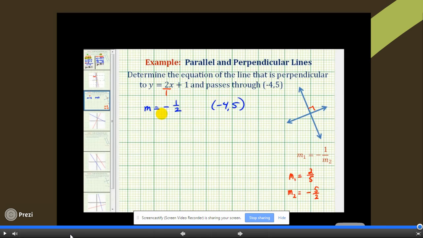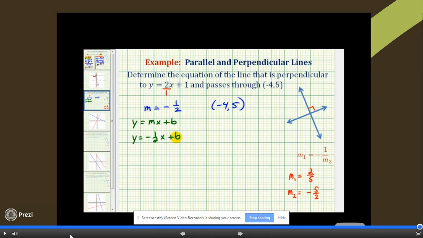Now to determine the equation of the line with the slope of negative 1/2 containing the point negative 4, 5, we can either use slope-intercept form or the point-slope form of the line. And I think for this video we'll show both. So using just slope-intercept form, or the form y equals mx plus b, we would first substitute negative 1/2 for m, so we'd have y equals negative 1/2 x plus b, and then